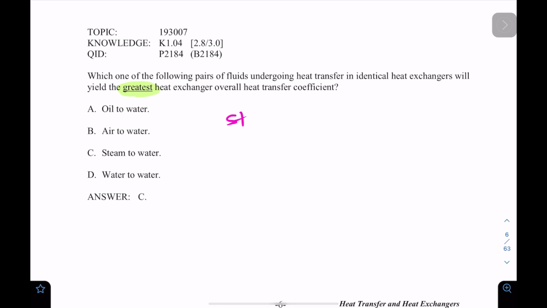So to me, steam is the best. Steam has a heat carrying capacity that is greater than air or water, right? Also, it provides its own locomotive force and also provides heat at a constant temperature, which is also important. So steam is the best thing, right? But